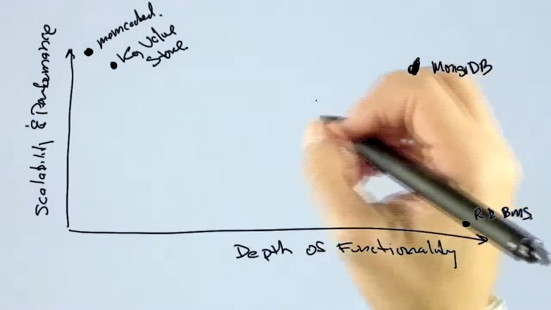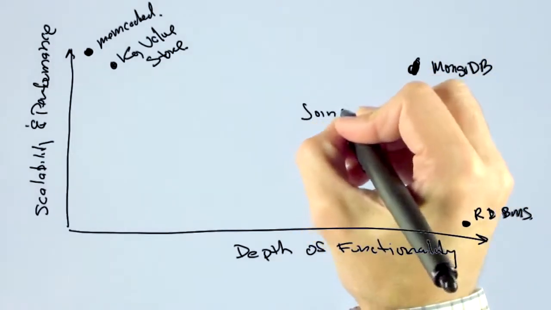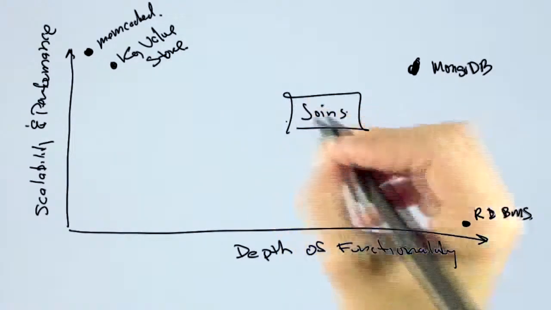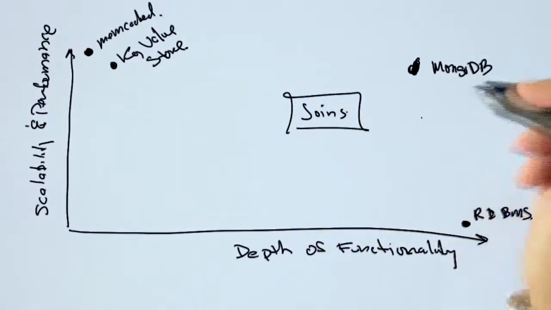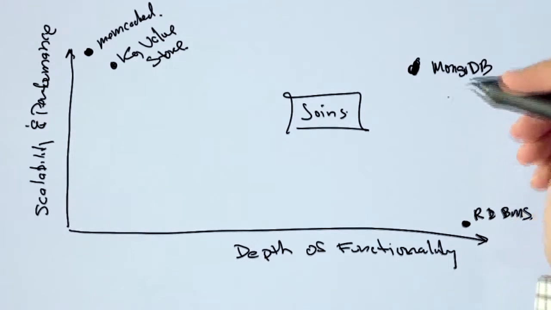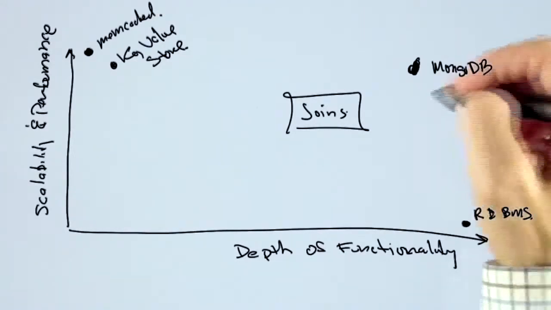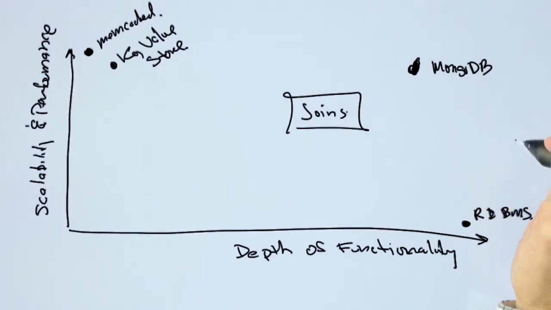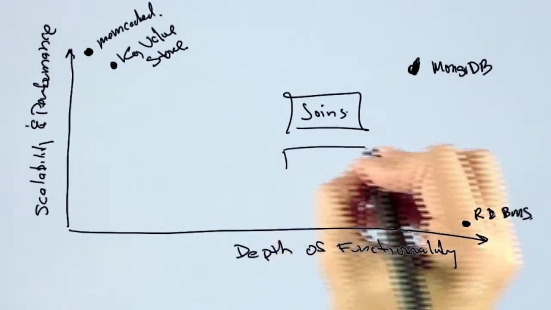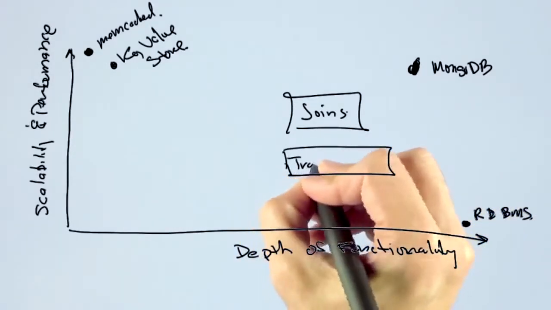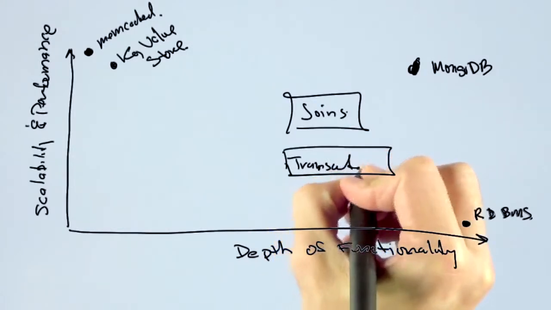One is that MongoDB does not support joins. Now, I talked about MongoDB storing documents, and each document is stored in a collection. But if you wanted to do a join between two collections, you can't do it within MongoDB. And the reason is that joins are one of the items that scale particularly poorly when you try to scale out to multiple nodes.